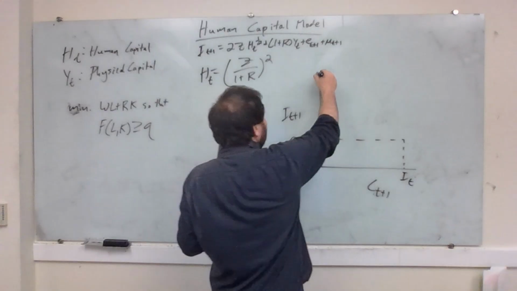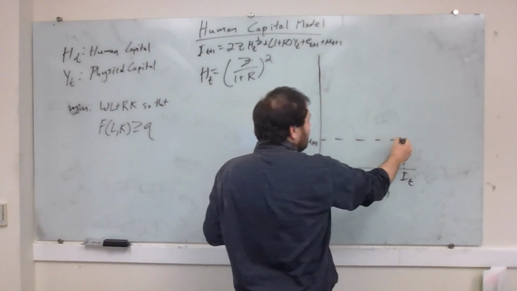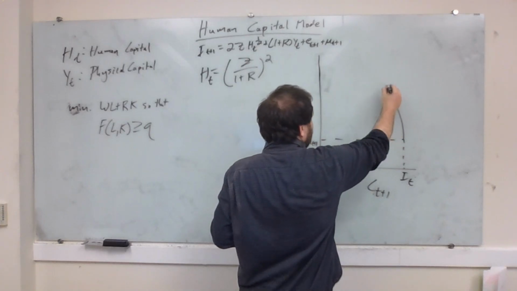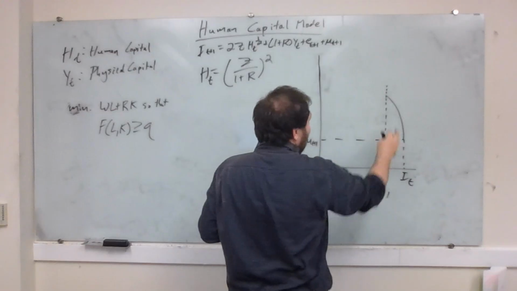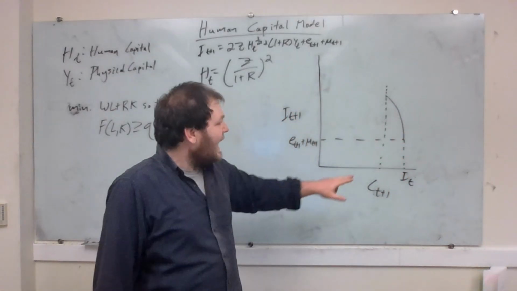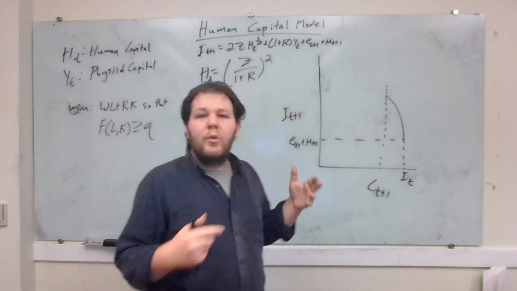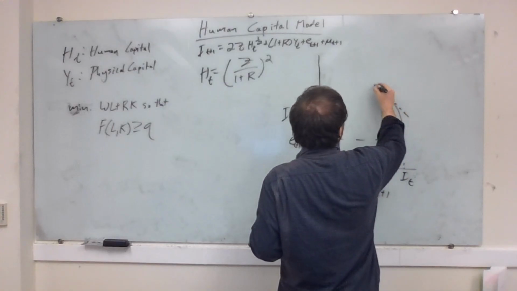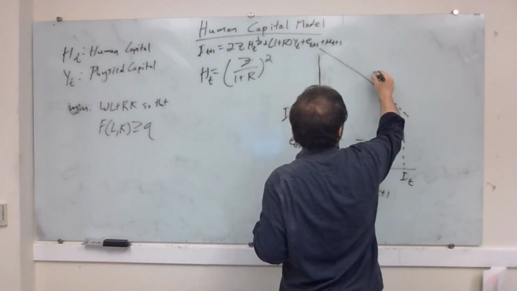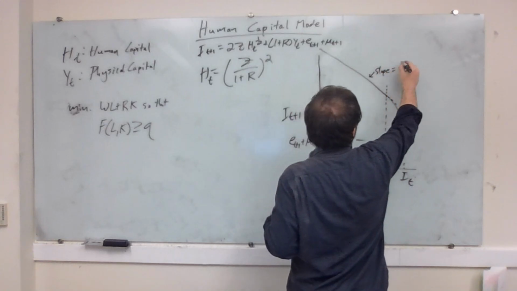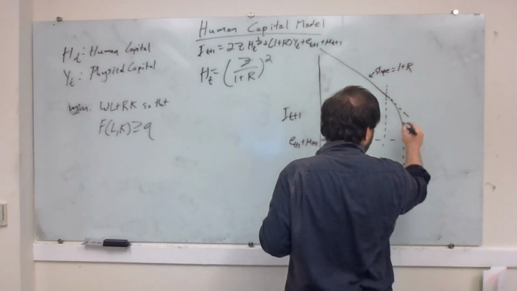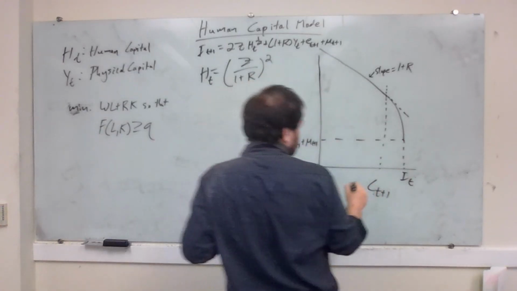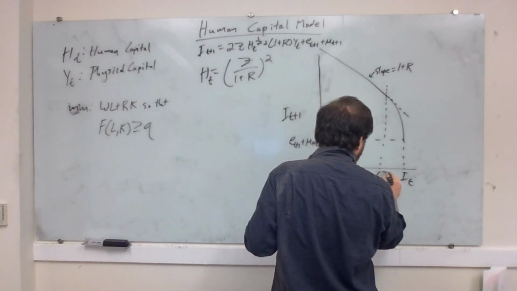But now we're going to have a little bit of an unusual shape here. Because the first little bit of investment that the parent's going to make in their child is going to be extremely valuable. Because it's going to be human capital, and it's going to have a very, very high rate of return. As they invest more and more in human capital, the rate of return falls up until it becomes equal to the rate of return on physical capital, right? So this slope is going to be 1 plus r. And this point here is going to be when they've invested z over (1 plus r) squared, right? So i_t minus z over (1 plus r) squared.